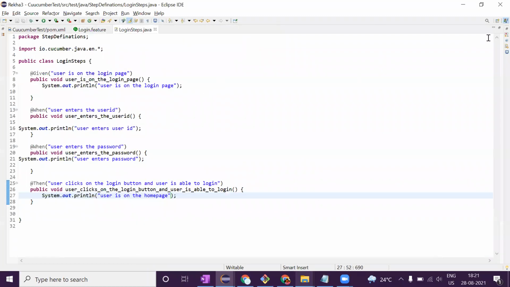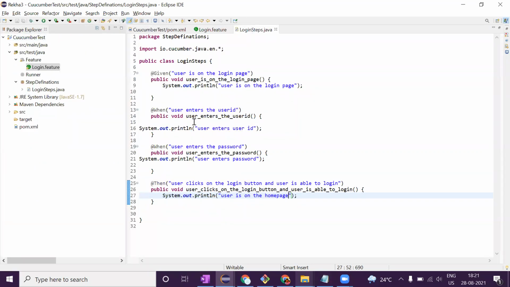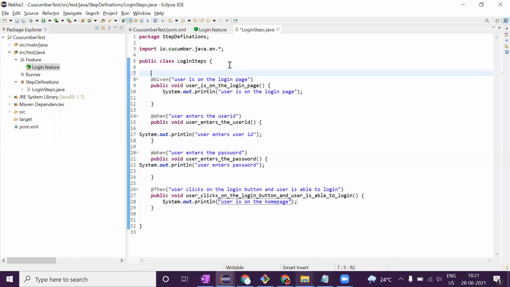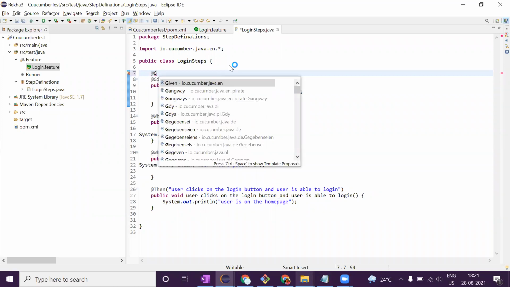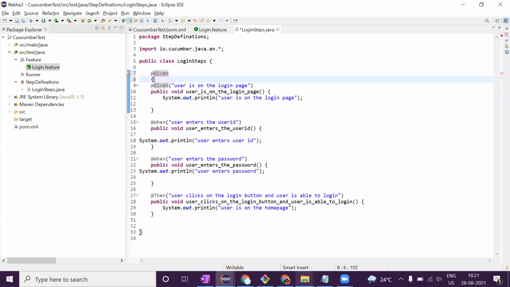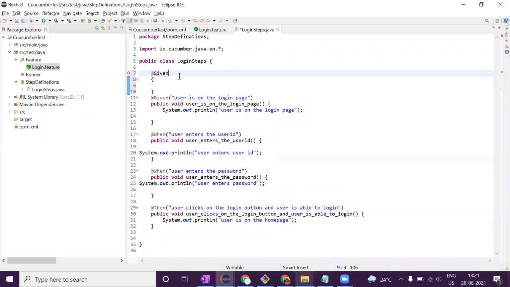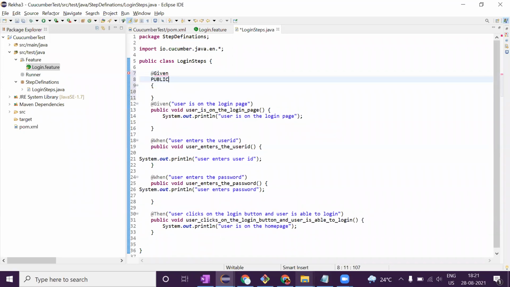Now you can have a doubt about how the mapping is done. Either you can run your feature file and copy and paste from the snippet, or you can type it yourself with the at-sign Given. Then you can have one method, public void, user login page.